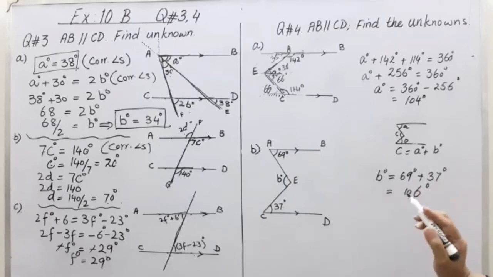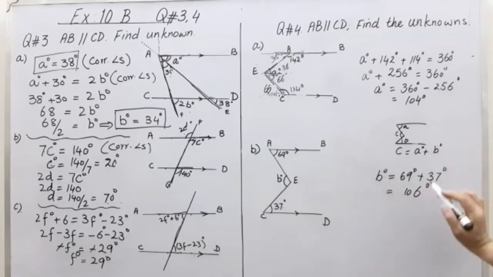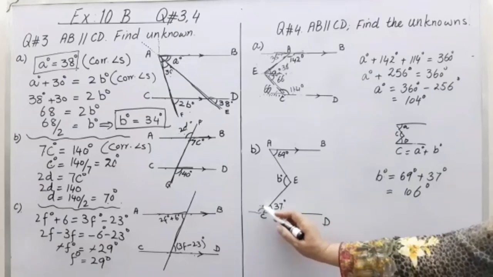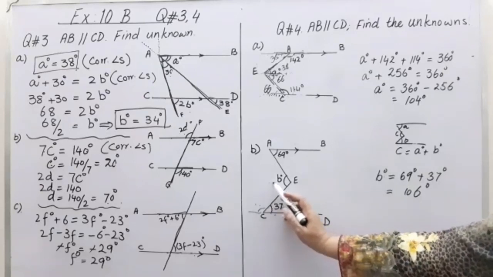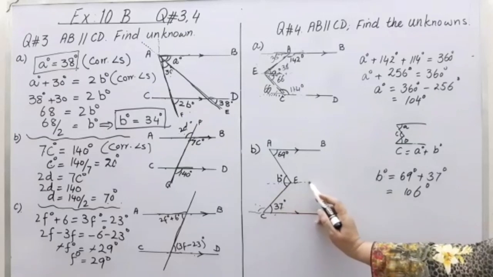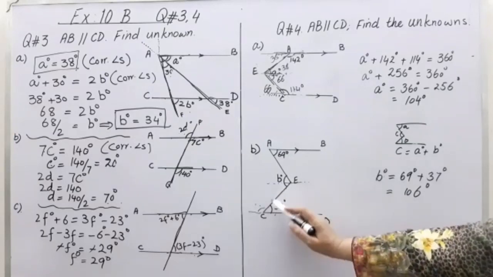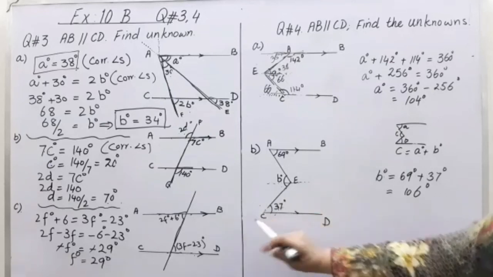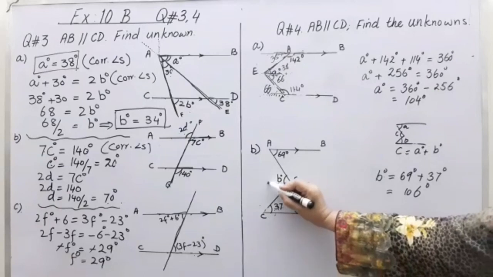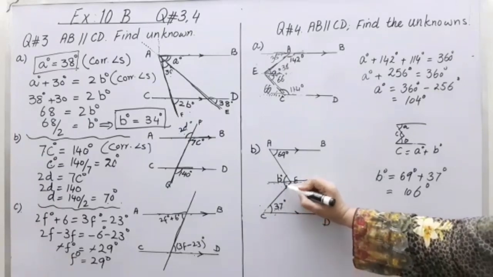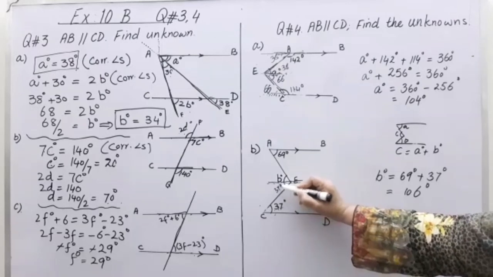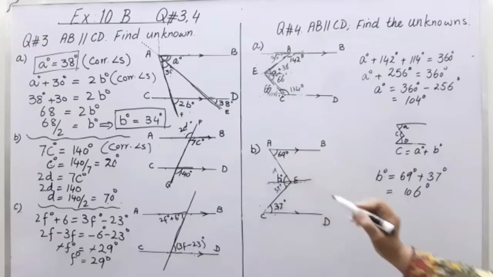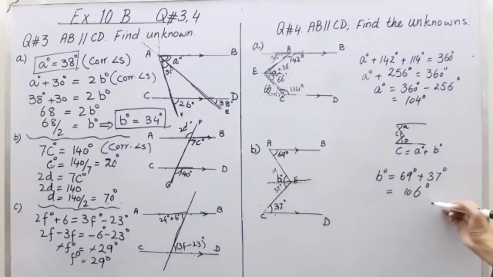106 is your answer. And in the same way, if you do it with the second method, you extend it and make a supplementary angle. 180 minus 37, get one angle here, and two portions of B, this angle is equal to this. This is simple. This is 37, you cut it here, and the half portion of B is 37 and the other half portion is 69. So B is equal to 37 plus 69, and you get 106. Thank you.